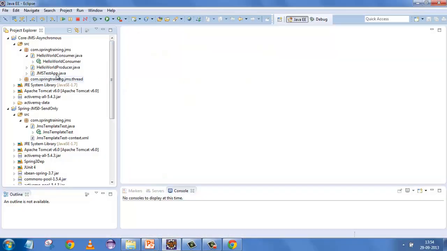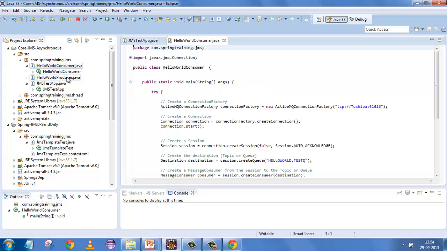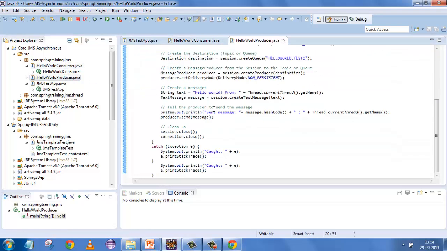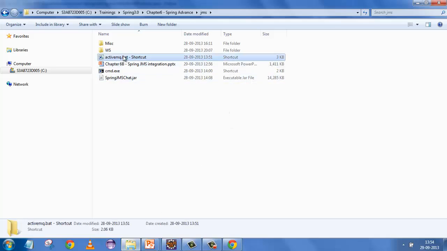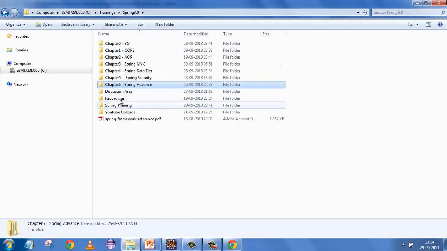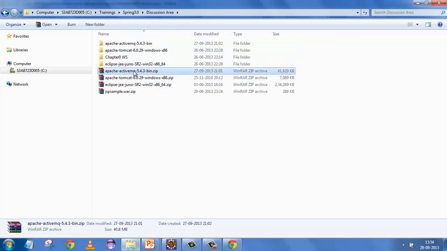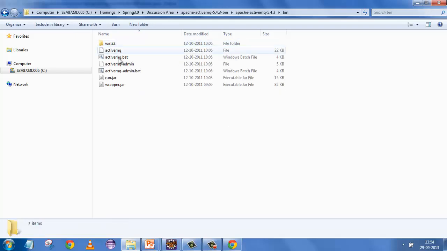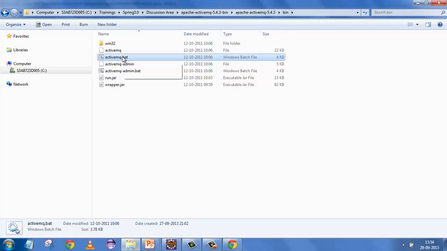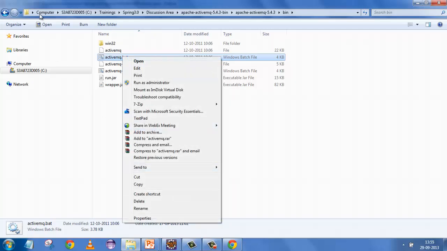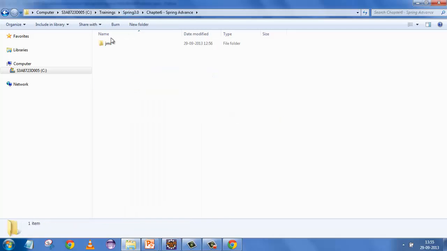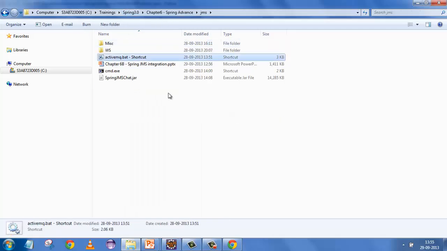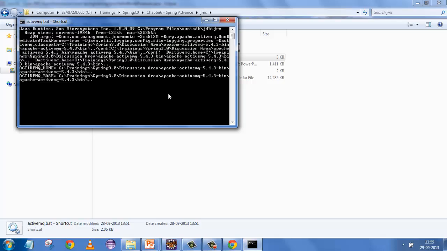In the demo, first we will have a quick look at a core Java non-Spring application demo. Within this we have a consumer and a producer. For the consumer and producer to work, I'll simply run ActiveMQ. This is the jar that you download and explode here. In ActiveMQ there is a bin folder. I've created a shortcut of this in my training session area, so I'll just double click on the ActiveMQ shortcut. This will start the ActiveMQ,